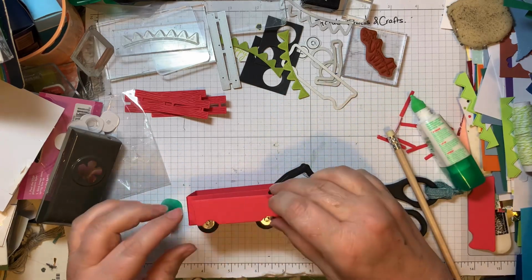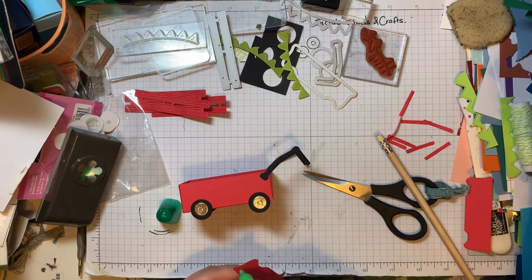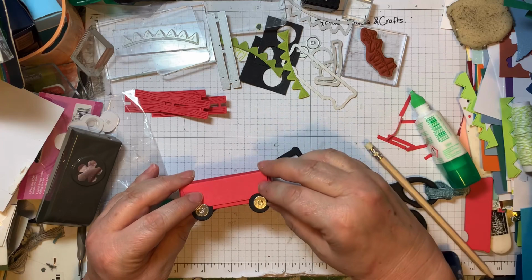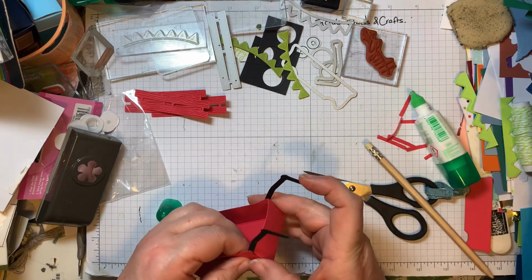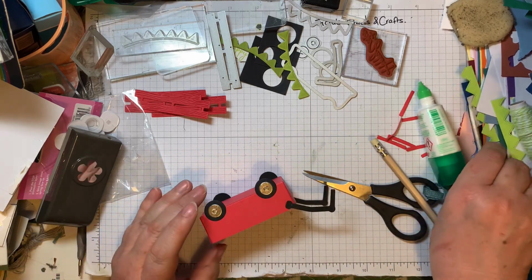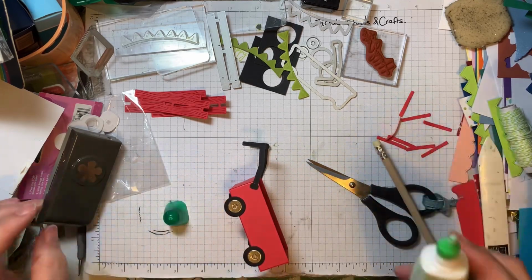Now we can put the side pieces on like this. I'm not sure I actually need the side pieces, but I've got them anyway, so I might as well use them. And there's one on there, so that will cover up where the handle is as well. I've got glue on my thumb, so I'll hold it down with this one, press it down. Might just use my bone folder and press it from the inside, and then I'm going to turn that one over and stick the other side on